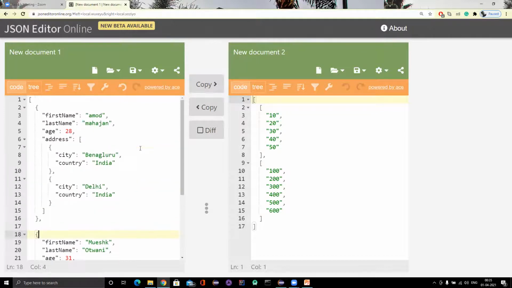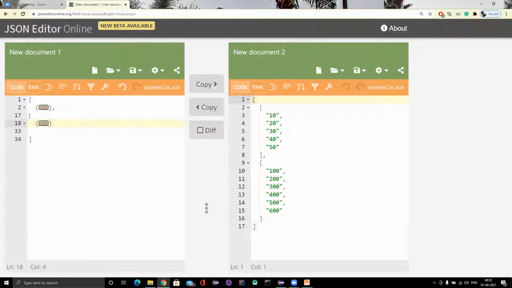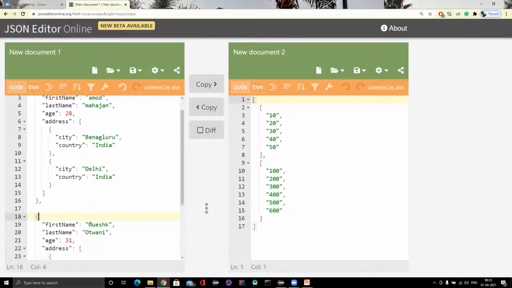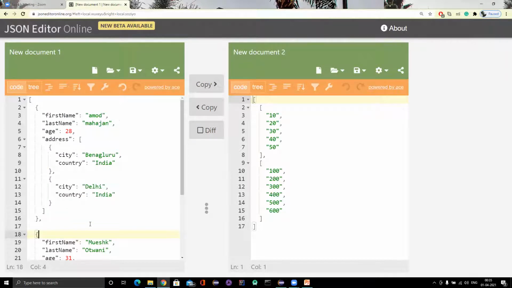So in simple format, what you can understand here, we have an array where we have two elements, right? Which we can see here. In this particular array, we have two elements, right? And every JSON object has some details, like first one has my detail and another one has Mukesh details, right? So I'm going to write the JSON path for these. So we can ask like, why we write JSON path? Suppose if I say to you that okay, let me know the city where Amod lives, right? Or same for Mukesh, right? So we're going to write the same thing here, right?